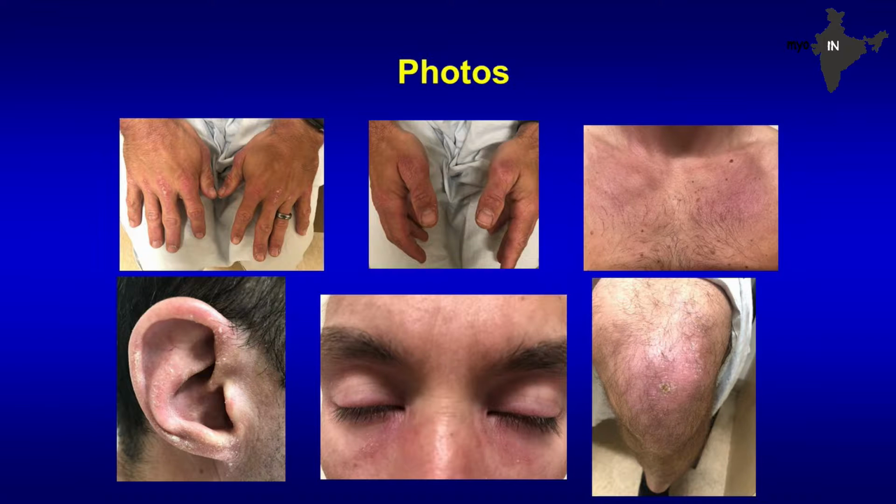What you can appreciate here is that the patient has changes on the dorsal aspect of their hands with some scaling over the joints and erythema, and also scaling along the sides of the fingers, which is something called mechanics hands. Also a little bit of V of the neck dyspigmentation and maybe some pink erythema. There's some scaling on the ear with erythema. The heliotrope is there along with the malar rash, and also Gottron's on the knee with some crusting and